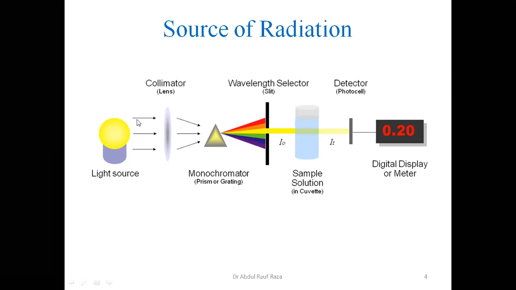Deuterium lamp is what? In a deuterium lamp, we have D2, not H2. H2 is showing a hydrogen molecule with protium, right? D2 means this is, in fact, commonly called a deuterium molecule. D2 is filled inside the bulb, so it causes a discharge. So this is called a D2 discharge tube, in fact, which we commonly call the D2 lamp.